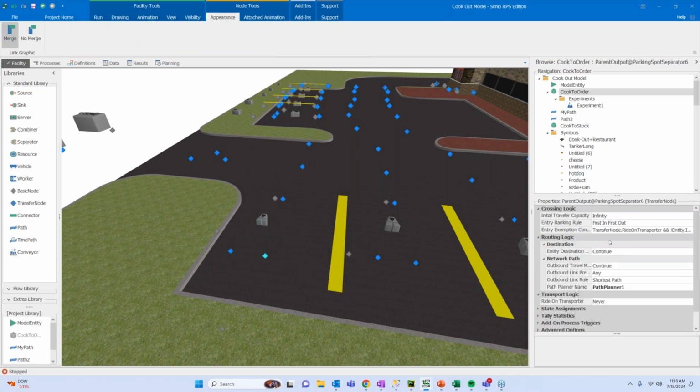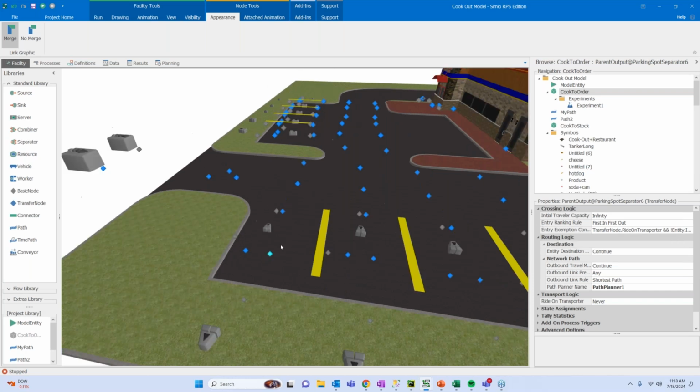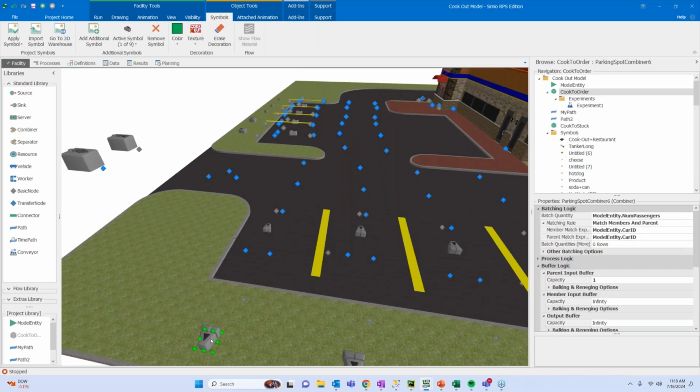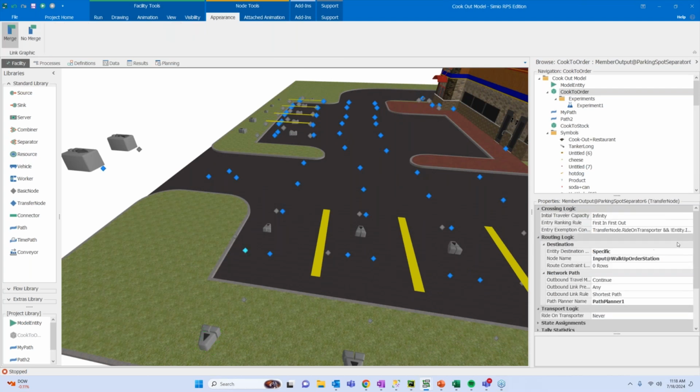My parent, in this case, is the car. The car will ultimately go back to a combiner, and we'll touch on how that combiner plays a part. But my members, in this case, I've defined that they are going to go as a customer specifically to the walk-up order station. They will arrive here, and they will ultimately find a route to get to the walk-up window. So we're distinguishing 2 different paths for the different behaviors.